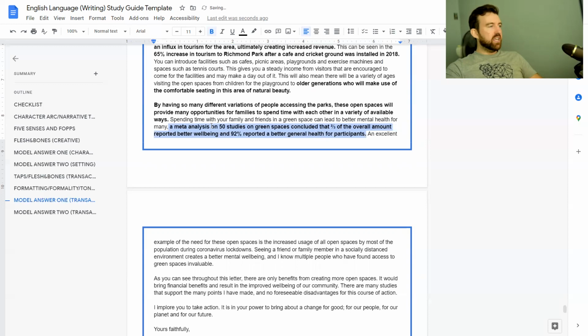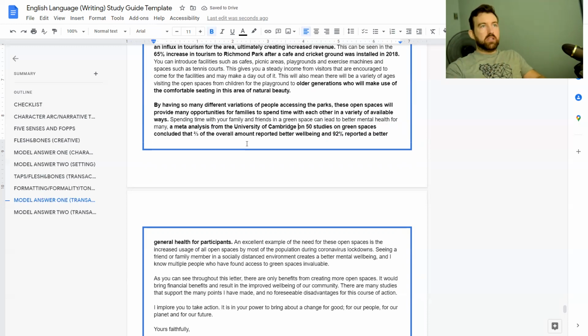Now, with a tiny bit of tweaking, this becomes a really good expert opinion. So we could just put a meta-analysis from the University of Cambridge. And suddenly, just like that, we have an expert opinion because the expert is Cambridge University, and this meta-analysis of the 50 studies is the comment, basically. And if you don't know, a meta-analysis basically means that you take all of the data from however many studies,